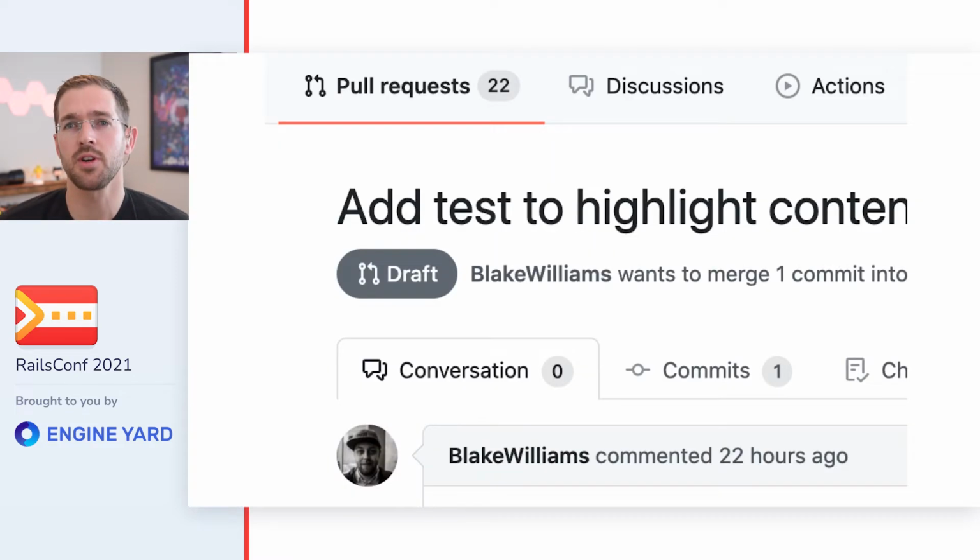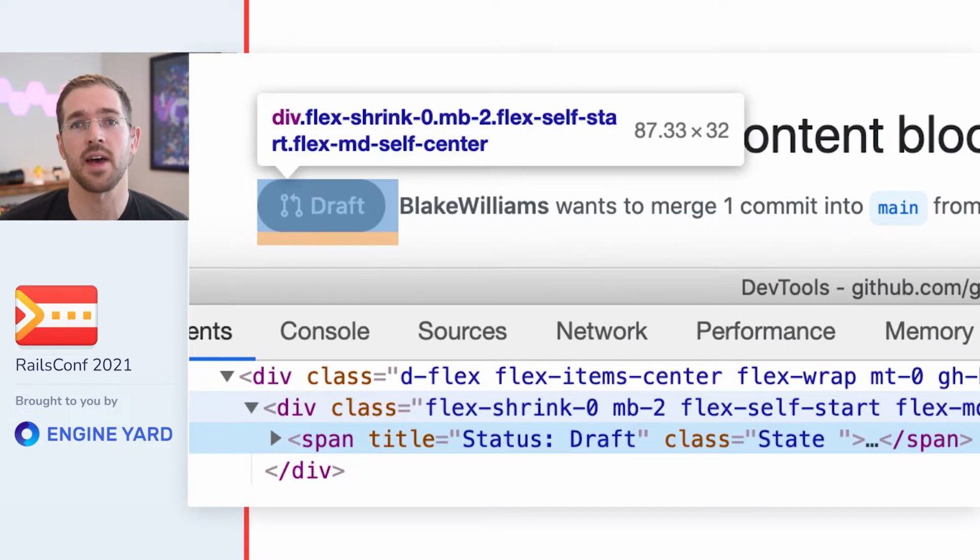One issue we've had is figuring out which template rendered a specific line of HTML. So for example, when looking at a PR page, if I want to edit the badge that displays the draft status here under the PR title, how do I find the right place to make my change? I could try searching by the specific class names on the element, but this approach is often not very reliable if you're using functional CSS class names as we are here. In this case, if we search for some of the class names on this element, we get dozens, if not